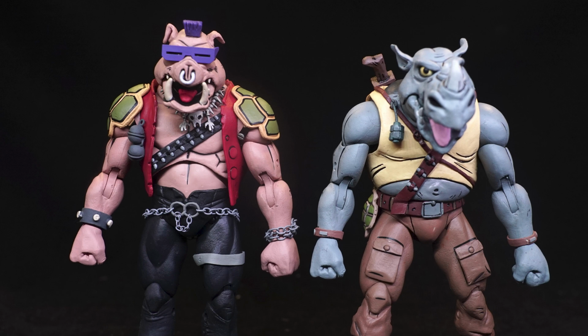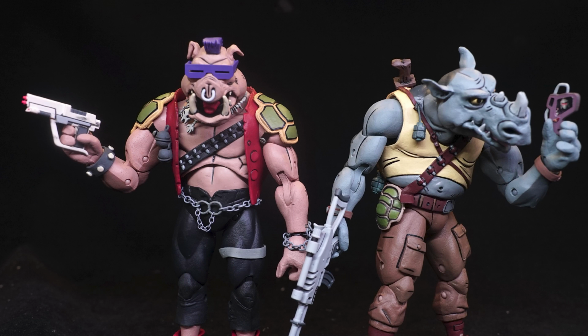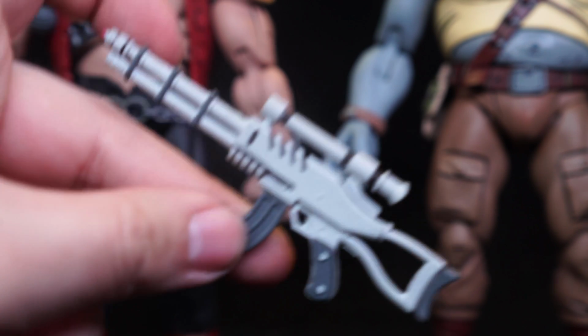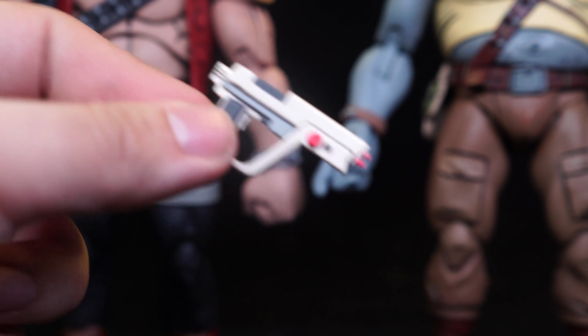In terms of accessories, aside from a pair of fists, they also each have a pair of splayed open hands and a pair of item holding hands. The right hand looks like a trigger hand, and the left hand is just a generic item holding hand. Other accessories include two laser rifles, very similar or the same as the ones with the foot soldiers, a pair of laser pistols, which kind of remind me of Famicom-like controllers, and one